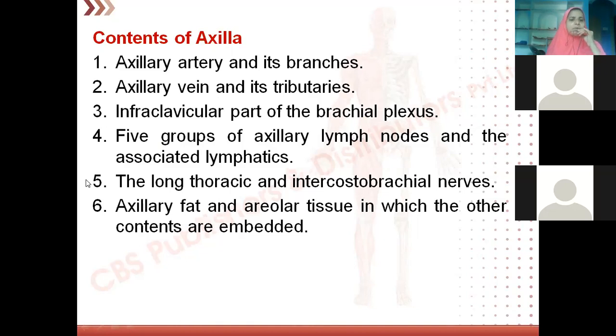And of course, because you have already done dissection, you should have seen, when you joined your MBBS course and entered the dissection hall, we started with upper limb, isn't it, in all the colleges? So then you have seen we have done pectoral region, after that axilla was done. A lot of fat was coming out, no? And in between, round nodules also were coming out. Those were nothing but axillary group of lymph nodes. So axilla has a lot of fat, axillary lymph nodes, and areolar tissue in which other contents are embedded.